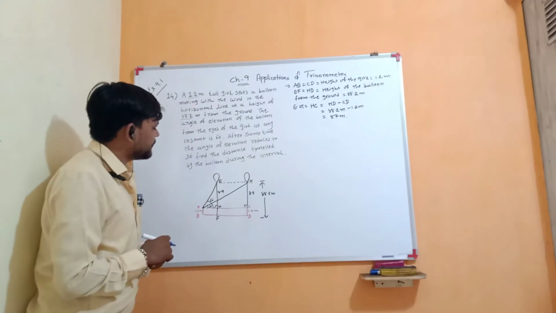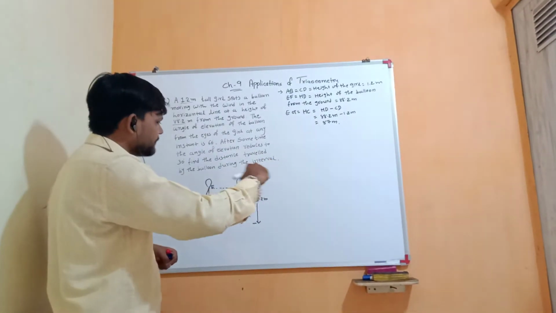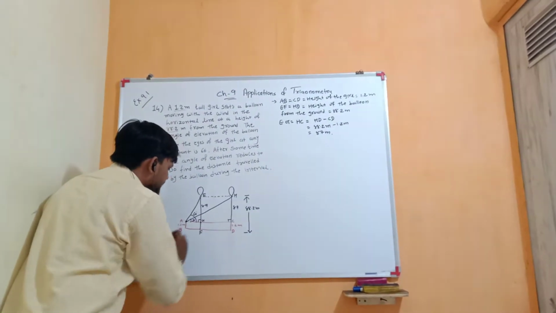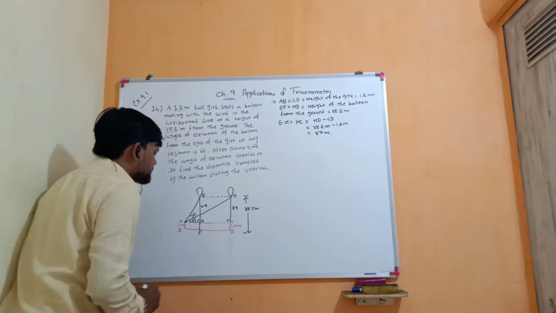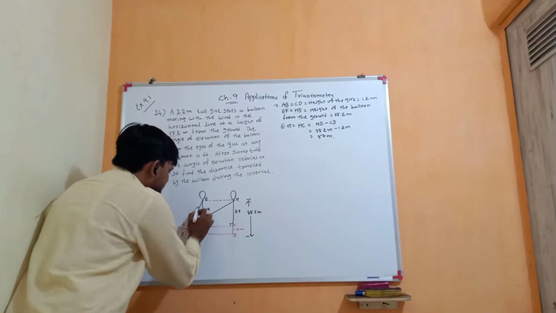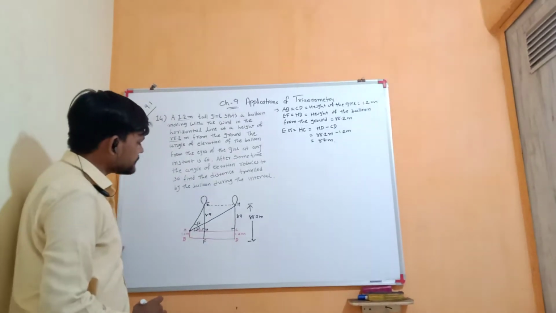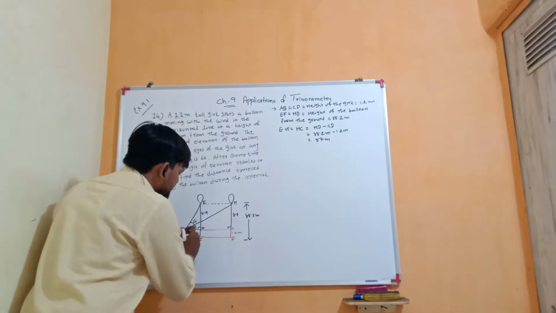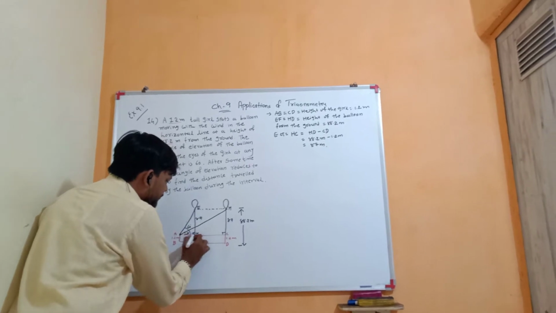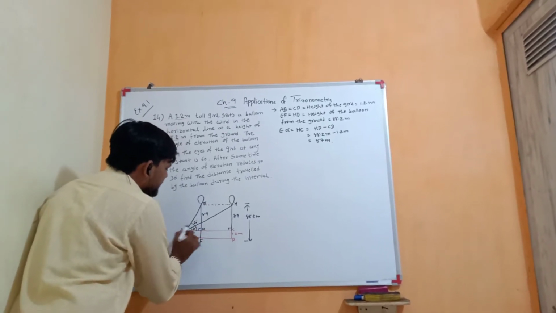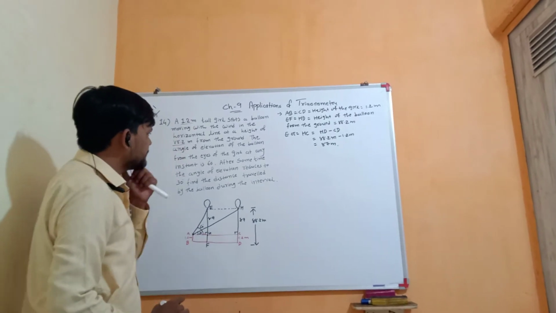Now, to form the angle of elevation, we need a horizontal line and one line of sight, right? So AC is your horizontal line, AE is the line of sight, and angle EAG is 60 degrees, right? Clear? Which intersects EF at point G, and it forms a triangle EGA, right angled at point G.